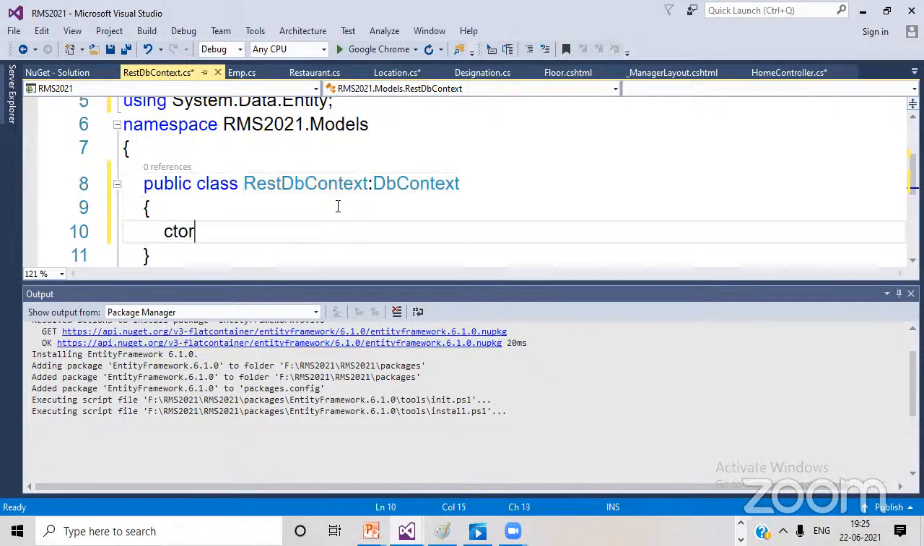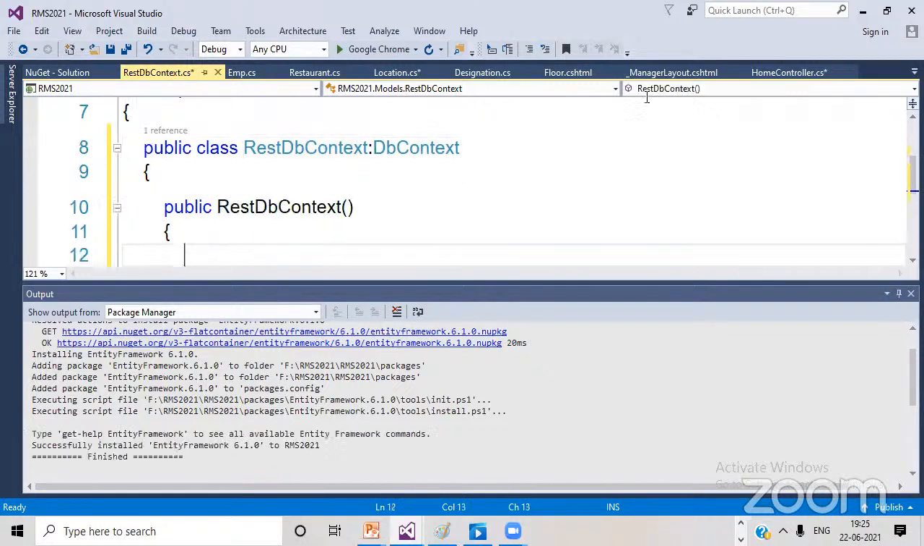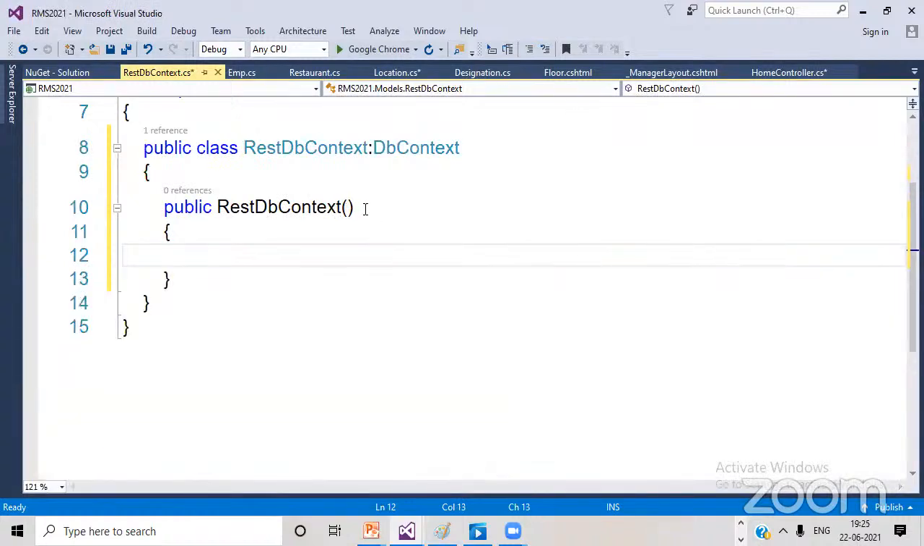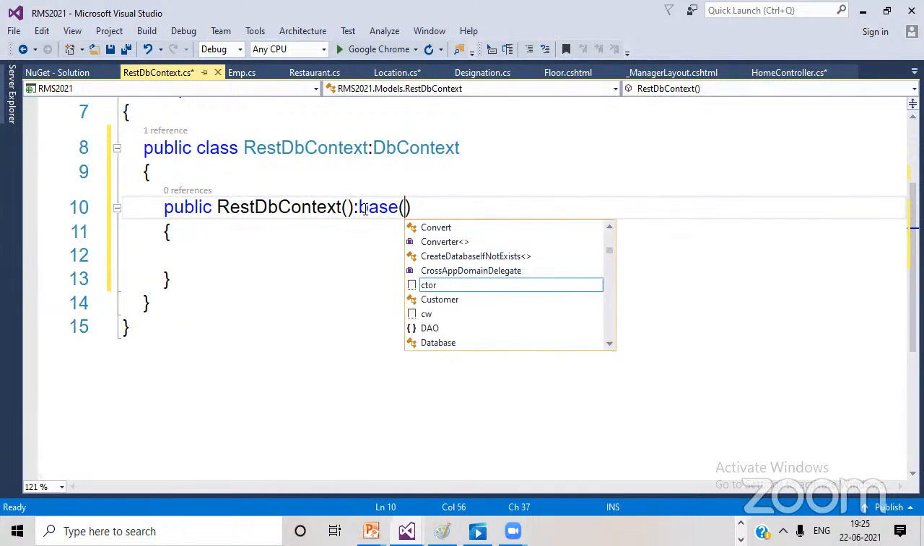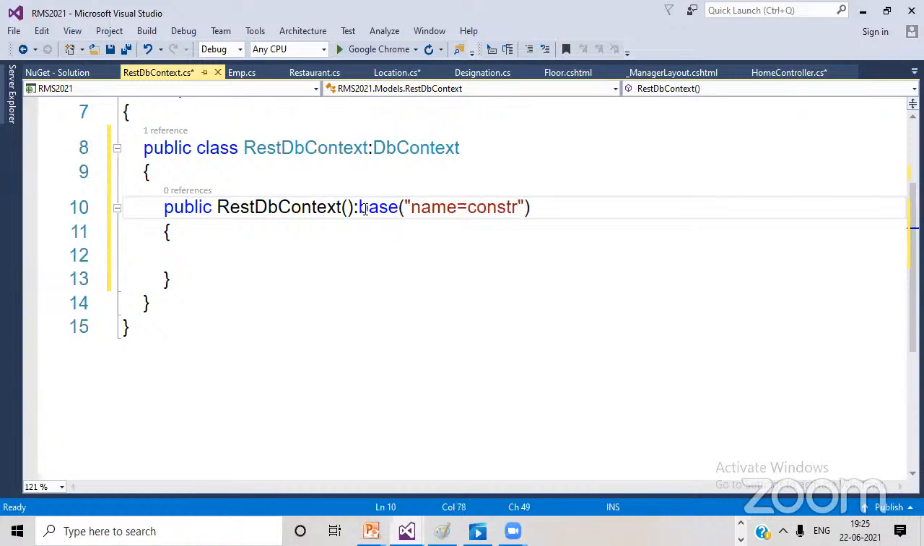Here I'll try to declare one constructor. ADO.NET we already did. Now this is entity framework. Here I want to invoke the superclass constructor, base of. Here you can declare the connection string. I will tell you. Here you can give something like name is equal to constr. Some name I will try to give. And here declare the DbContext, public